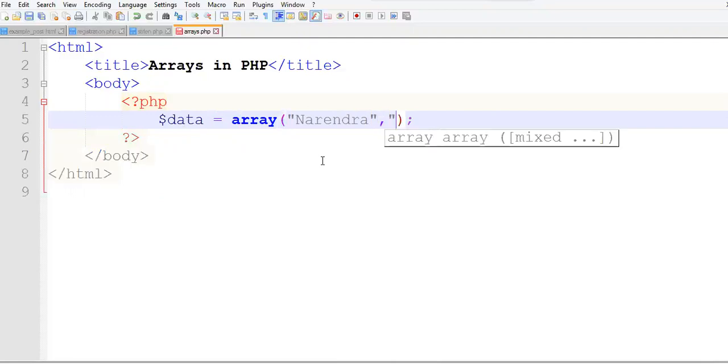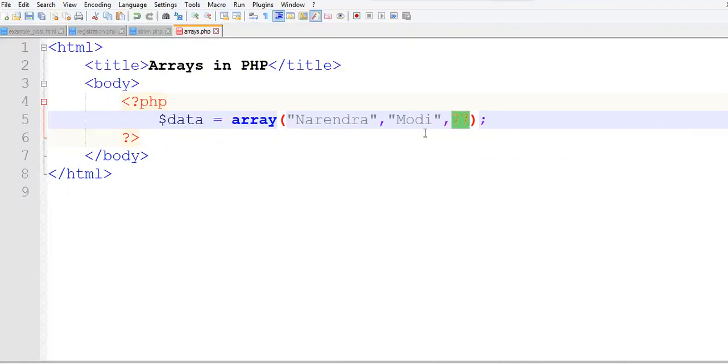Give a comma, give the second value, comma, and then the third value. Now, since this is not a string, but an integer or a numeric value, no double quotes are specified. So this is the way of declaring an indexed array.